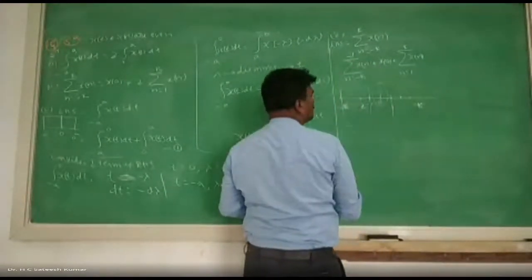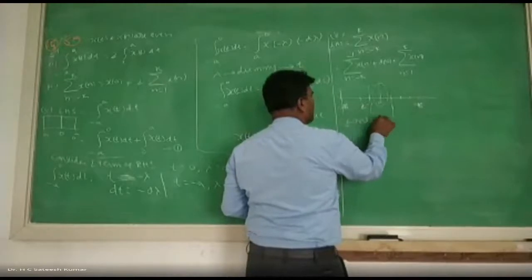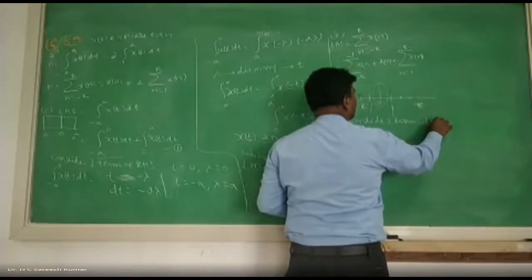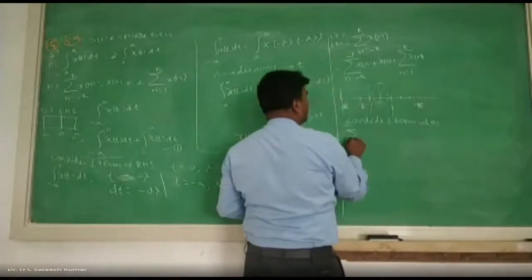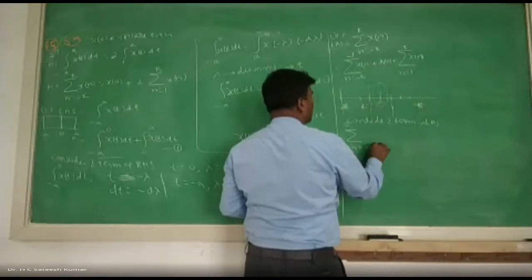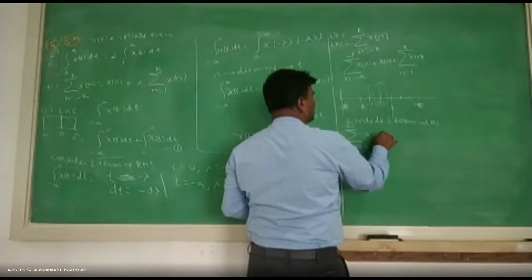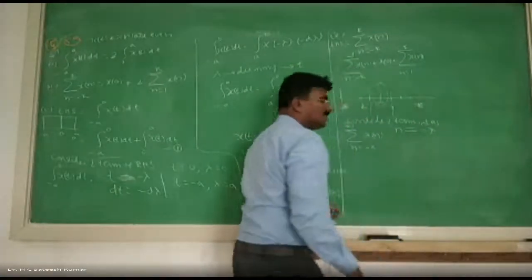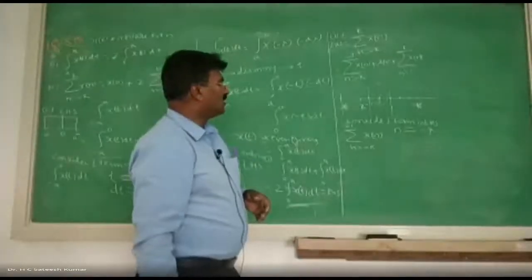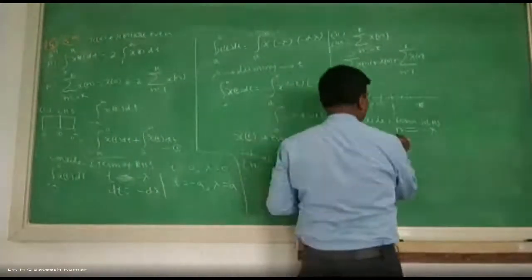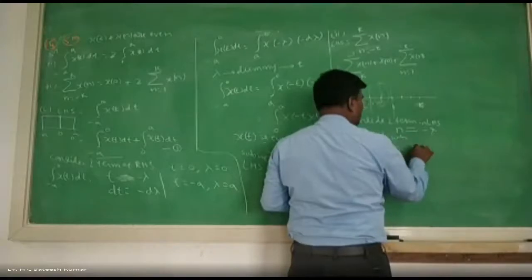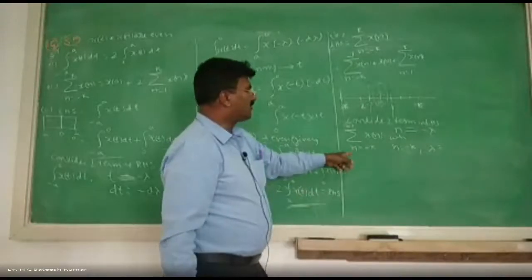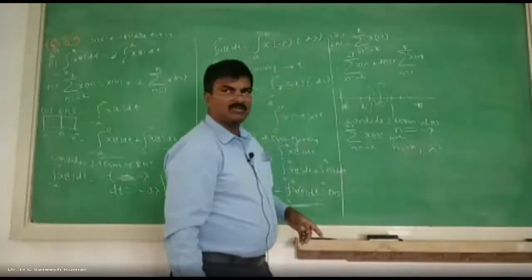LHS is equal to, consider the first term in LHS. What you should do? Summation n varies from minus k to minus 1 x of n. Replace n by minus lambda, n is equal to minus lambda. Now, when n is equal to minus k, what about lambda? When n is equal to minus k, lambda is equal to